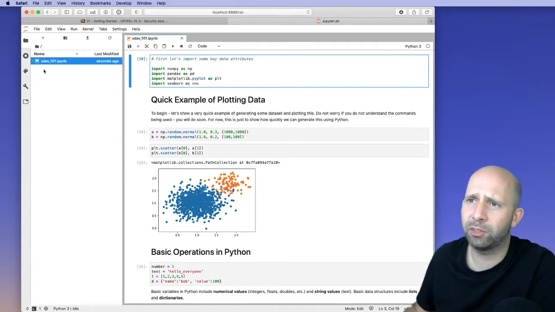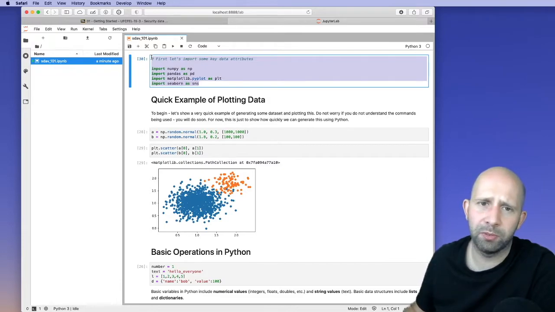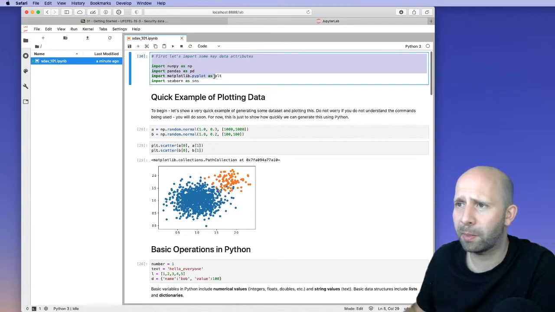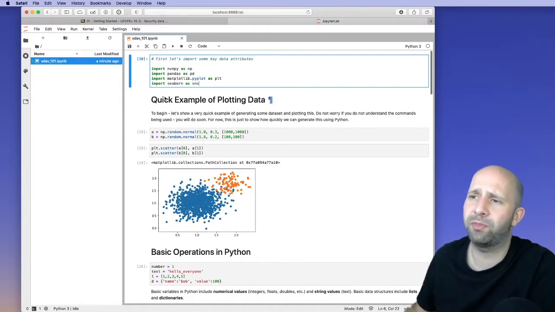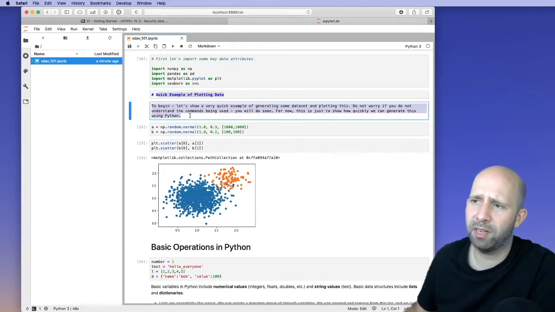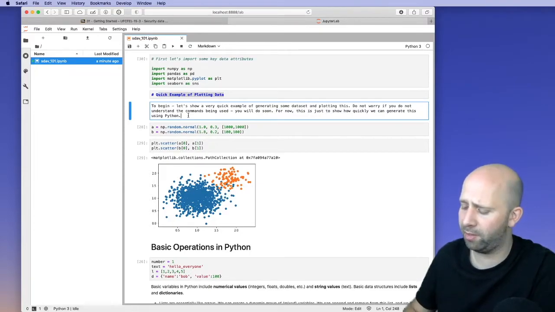Okay, so what is Jupyter Lab? Well, we've got this section over here where we have our files, and then we've got this main section here, which is our notebook. So notebooks are made up of different cells. Here we've got a code cell, okay, that's got some Python library imports. Here we've got some markdown, some further markdown there, and I'm just double clicking on these to be able to edit them,